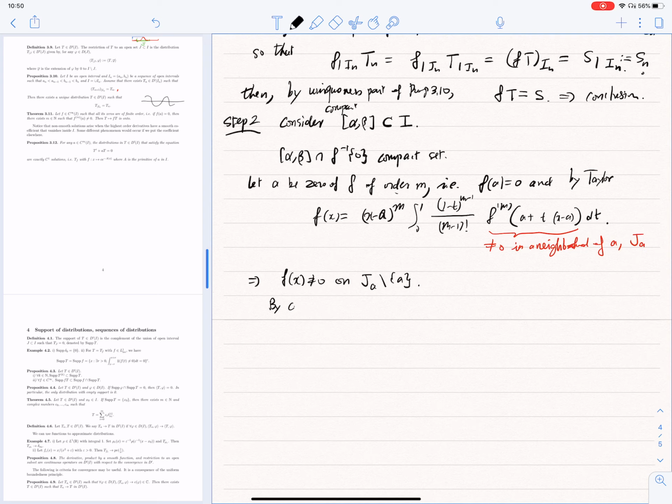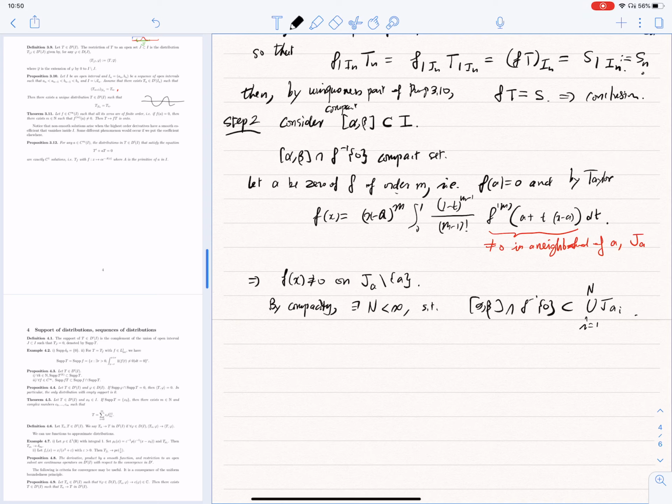By compactness, there exists only a finite number n such that the zero set in [alpha, beta] is covered by the union of J_{a_i}, right? So we can find a subfamily of these open intervals, i from 1 to n, which covers the compact set. So n is finite. This is crucial. So we actually find that the zeros inside the interval [alpha, beta], there are only finitely